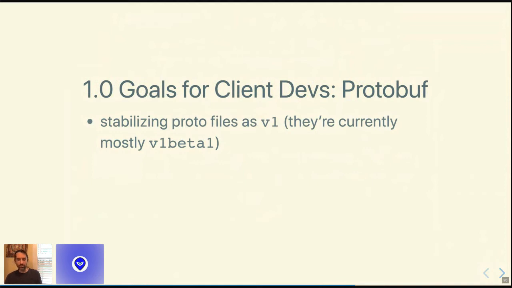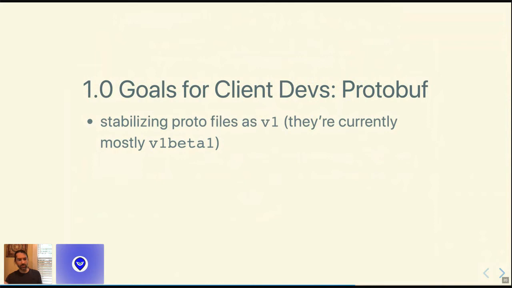We want to mark them as V1 as soon as we can, once we feel comfortable with those, so that we can provide that commitment to client developers that you can write client apps against these protofiles and these modules, and you can expect a long lifetime of basically not needing to update your app unless you want to support new features.